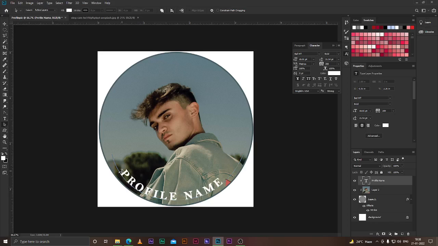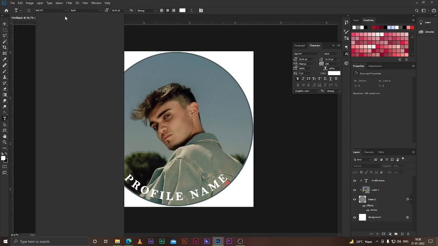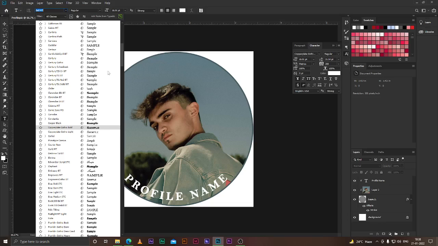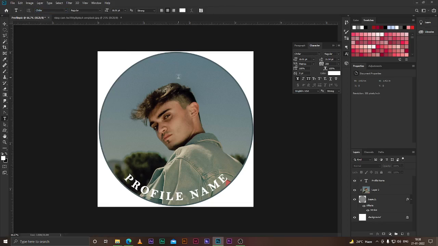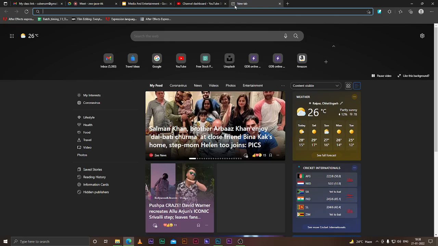This will be the starting end, and this will be the end of your text, so that you can control all that. Now let's talk about how they get such trendy looking text, because Photoshop doesn't hold any library of such sort. They had their text, but they were not something people are using nowadays. So there are two approaches for that.